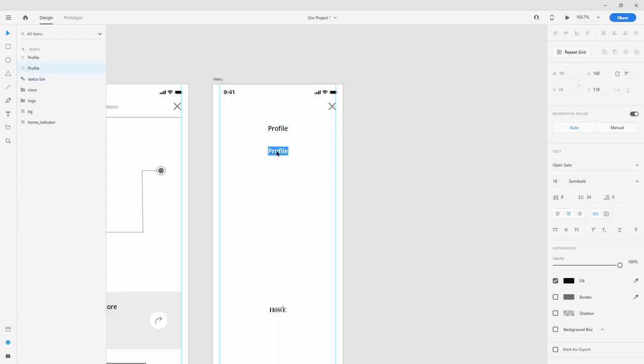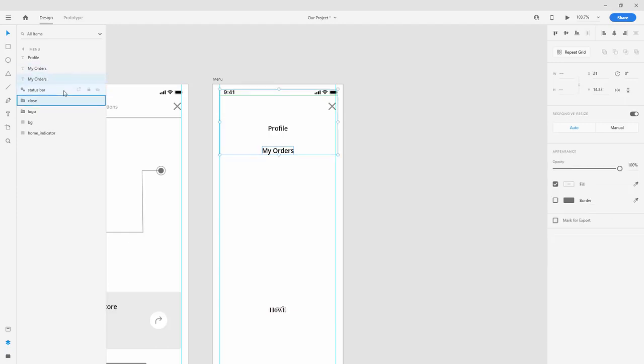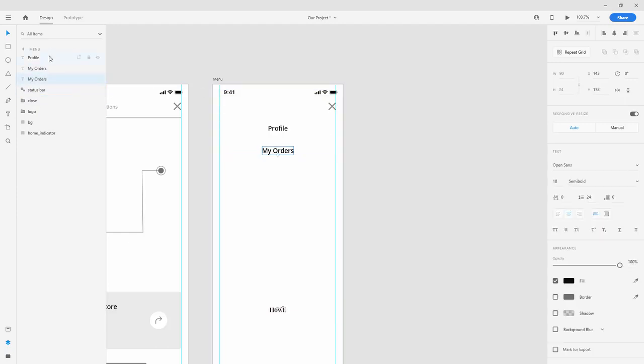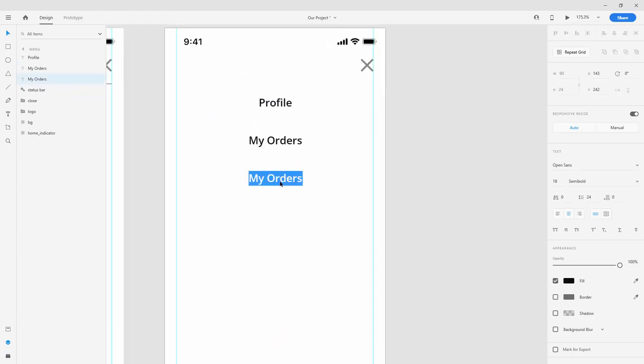Maybe we can call this one My Orders, like that, Control D, then move this one below. I don't know why it keeps doing this, but as you can see, it keeps selecting all of the other ones. In that case, simply select the top one, so 1, 2, 3, 4, and then position it just below this one. I really don't know why it does it, but maybe because I'm holding shift, I don't know, it didn't do that before. So My Payments